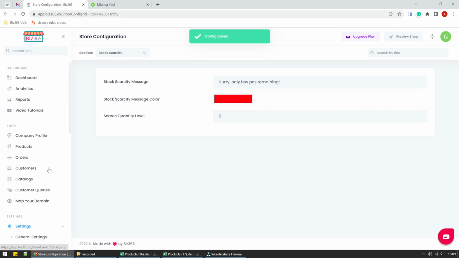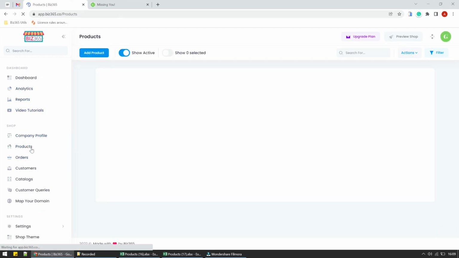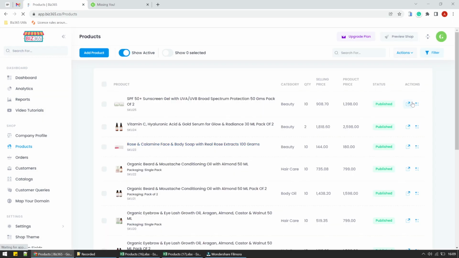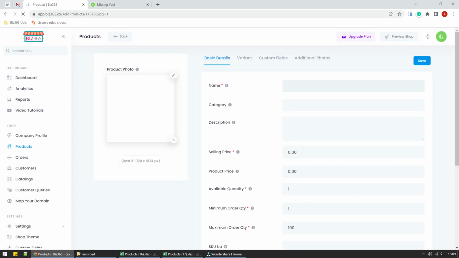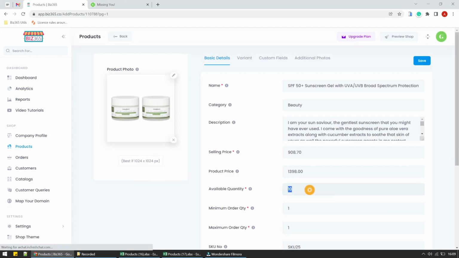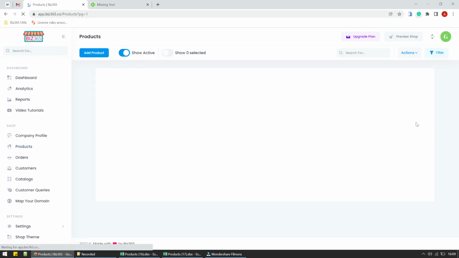If we do this, and let's say we view one of the products, and if we go to this product and edit it, and make the available quantity from 10 to 4. Now what this means is that this inventory has gone below 5 for this product. If I save this, and if I view this product in my store,